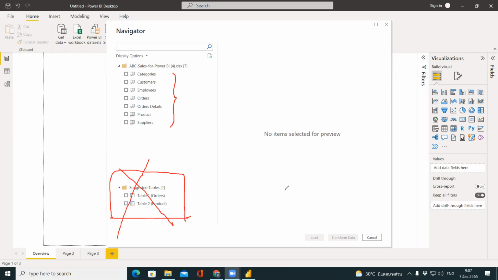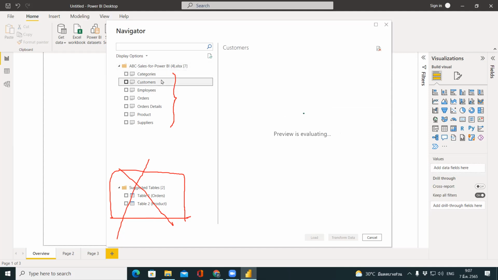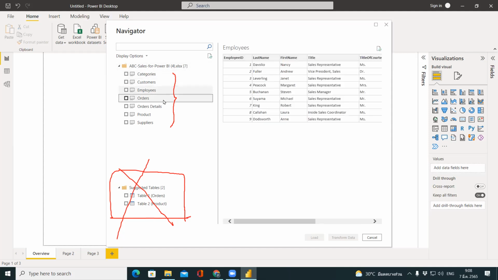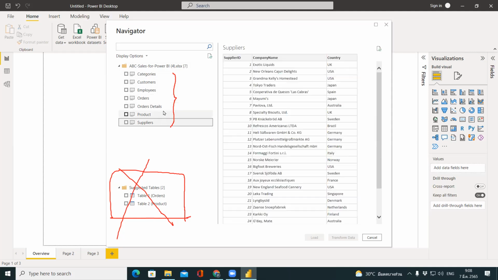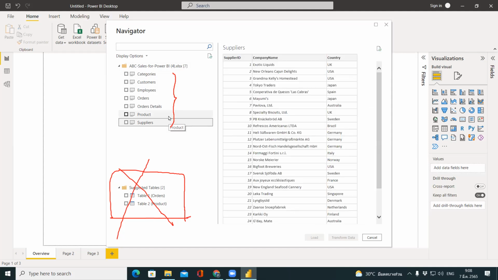Okay, in this one we will see that once you click on the line with the name of the worksheet, like this, for example categories, on the right-hand side it shows the preview of the data in this worksheet. Same with customers, employees and so on. You can preview first whether they are the table or worksheet that you want to get the data from or not. If you say that, oh, actually these are the worksheets that I would like to get,